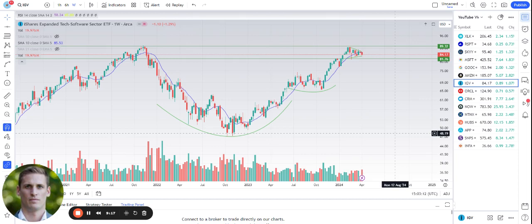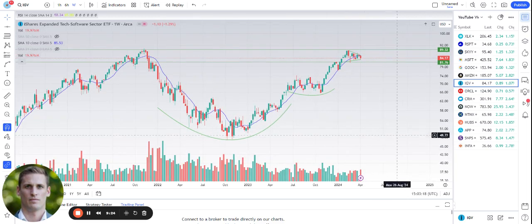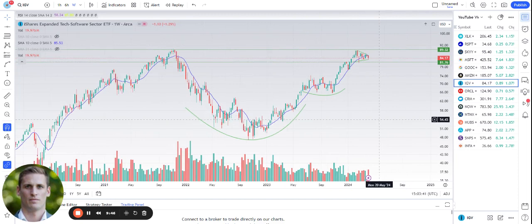But I think it's important to not sleep on software stocks here, just because they haven't done as well as semis as of late. When we look at IGV, the software ETF, it has a little bit more work to do relative to some of the charts we've already looked at today. So we closed this past week down 1.3%, and we're also below that 10-week moving average, which is this rising blue line here. But we're still trading within this tight range, and we're still holding this key support level here. So I wouldn't get too spooked about what we're seeing